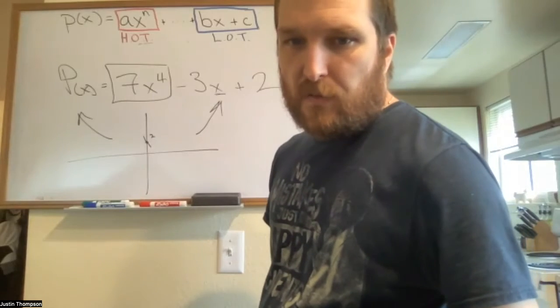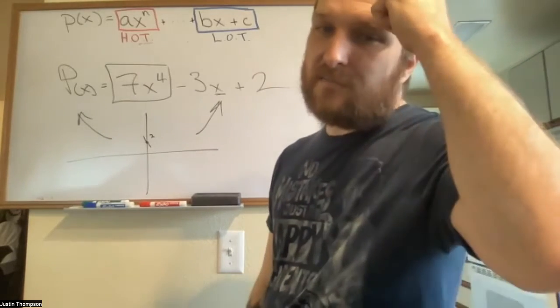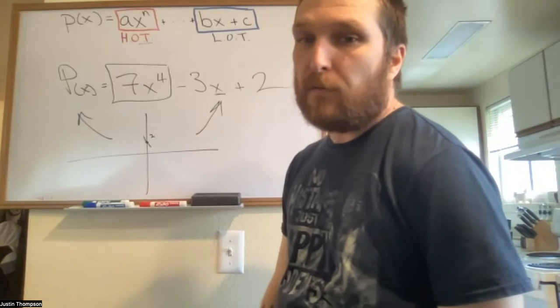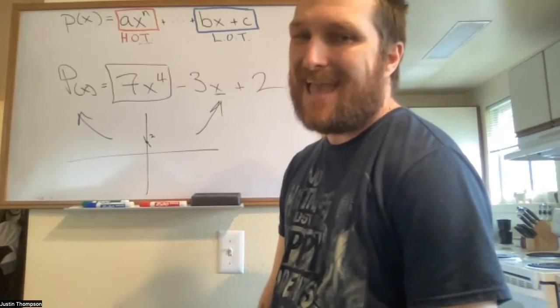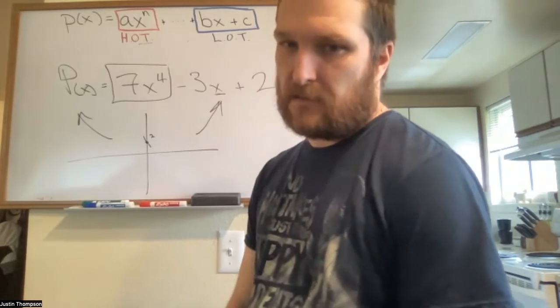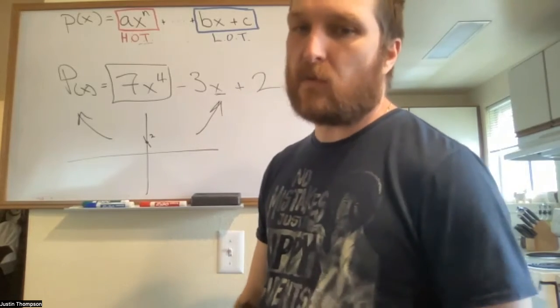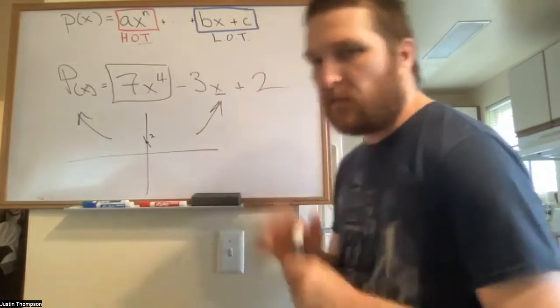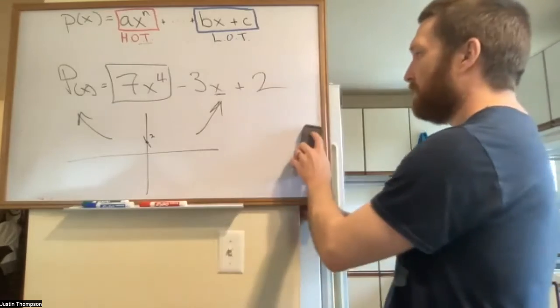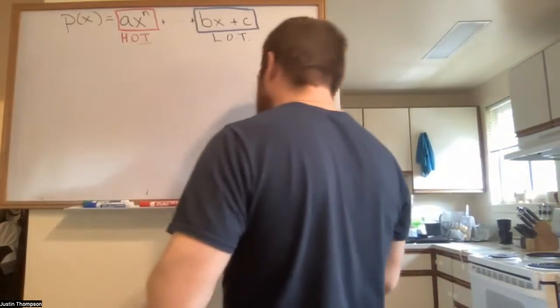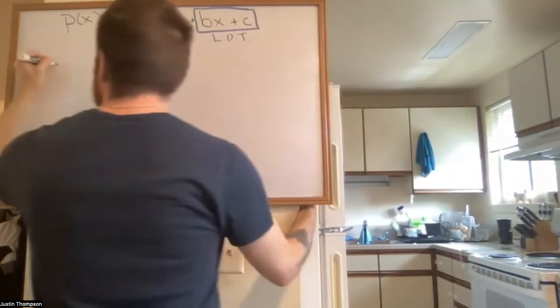For problem 2, it says draw a qualitatively accurate graph for each function. Be sure to label both the y-intercept and the x-intercepts. Explicitly state the highest and lowest order terms. So that's what we were just doing a second ago. So to be clear, if I gave you something like this,